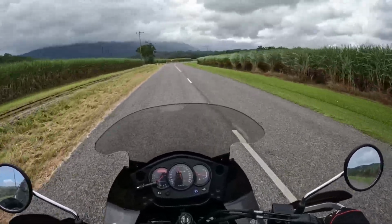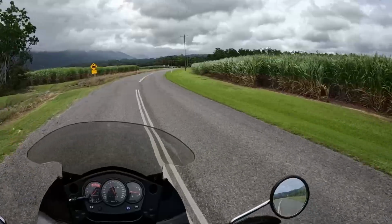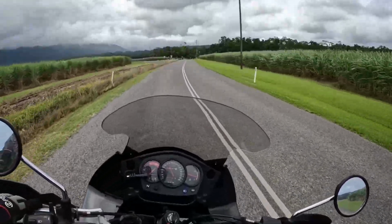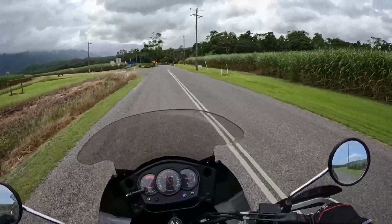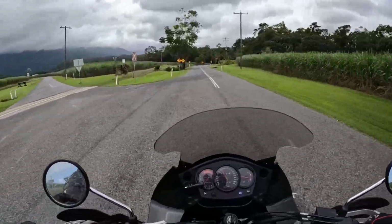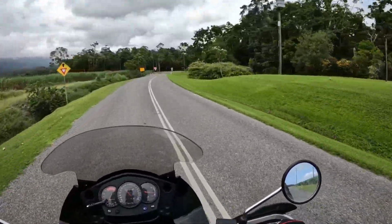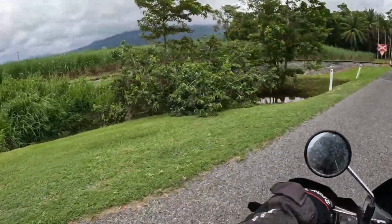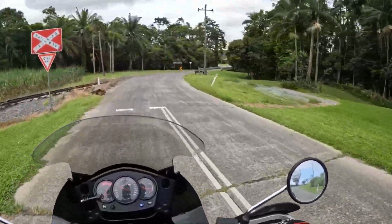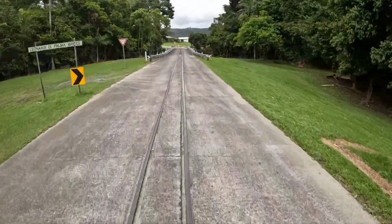especially up here. Where we're going to go, we've got to go over a bridge up here, and the actual bridge is shared with the train line, so you've got to give way to the train if you're on it, so it basically runs down the center of the bridge. So just here, as you can see,